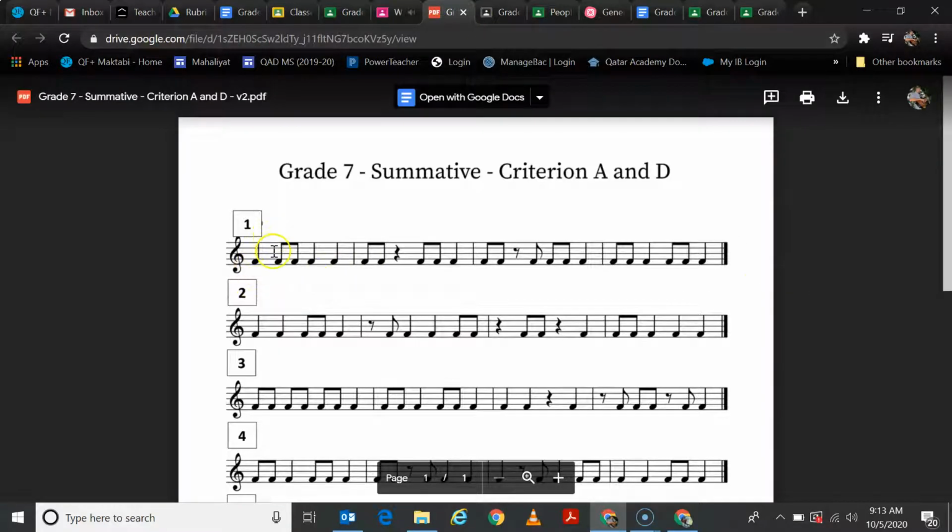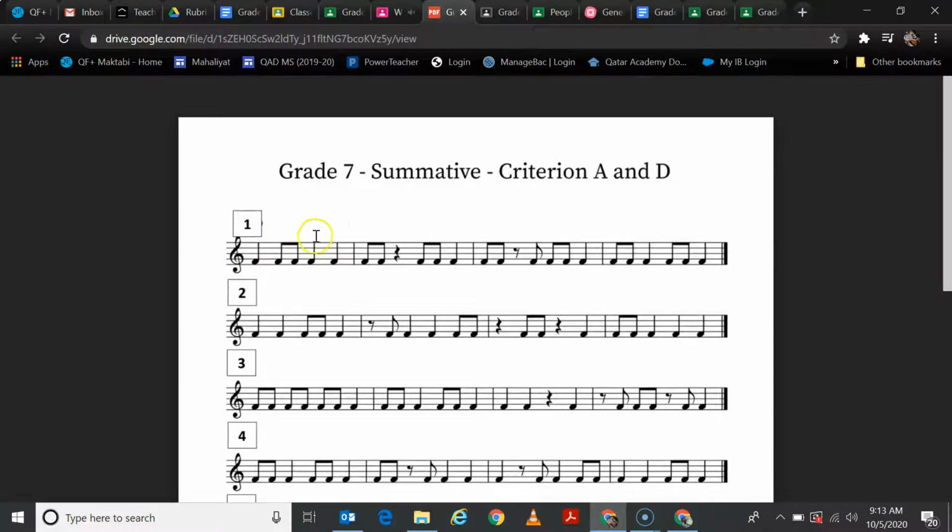1 and 2 and 3 and 4 and 1 and 2 and 3 and 4 and 1 and 2 and 3 and 4 and 1 and 2 and 3 and 4